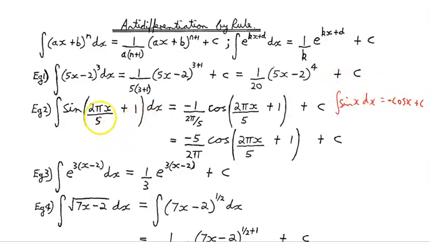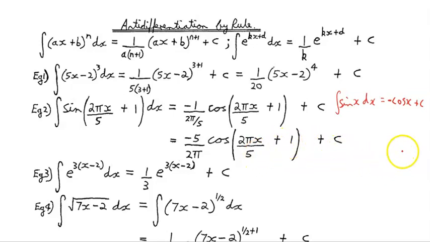Now, let's see an example of sine of (2 pi on 5 times x plus 1). The argument here in the parentheses is 2 pi x on 5 plus 1. This becomes our minus cos of the argument, 2 pi x on 5 plus 1, but we need to also have 1 over 2 pi on 5, because when we differentiate this again, the derivative of cos will be minus sine. The two minuses will cancel, and then we differentiate what's inside the argument, and that gives us a constant 2 pi on 5 to multiply up front, and so that disappears, and we're back to just our sine of (2 pi x on 5 plus 1). Tidying this up, we'll have minus 5 on 2 pi cos of (2 pi x on 5 plus 1), plus our